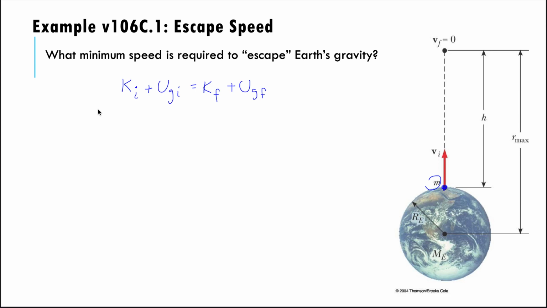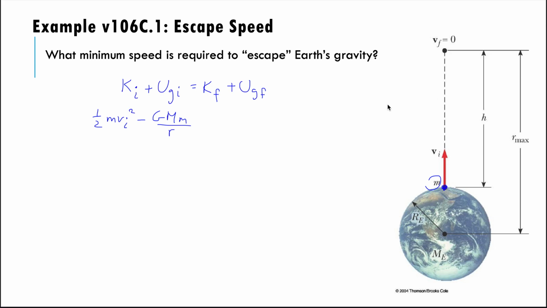The initial kinetic energy is 1/2 mv squared, and the initial gravitational potential energy is negative GMm over r, where M is the mass of the Earth and little m is the mass of your object